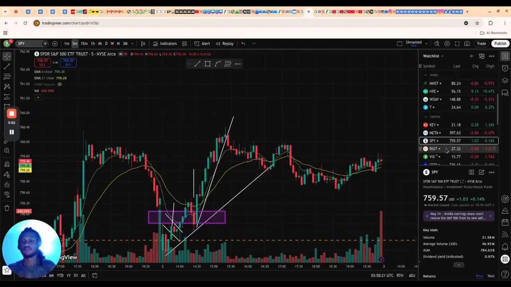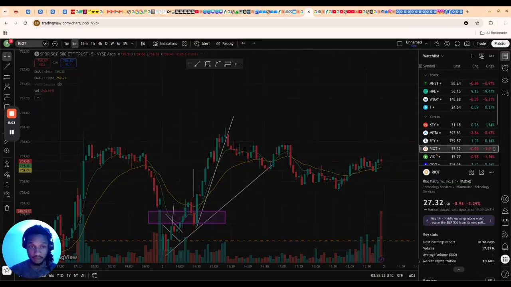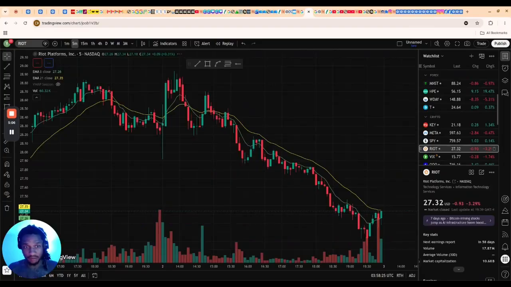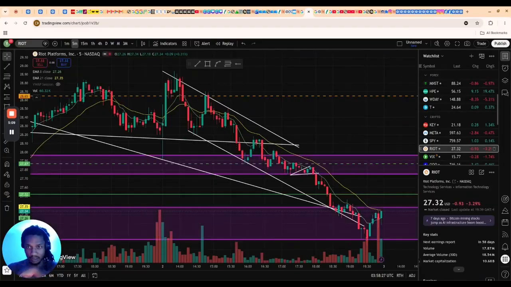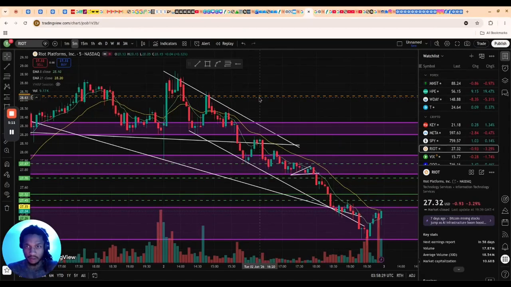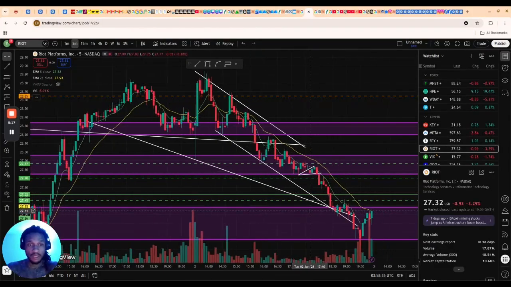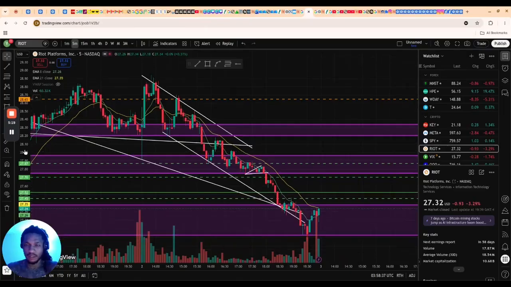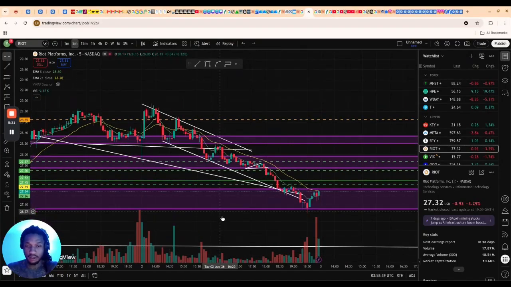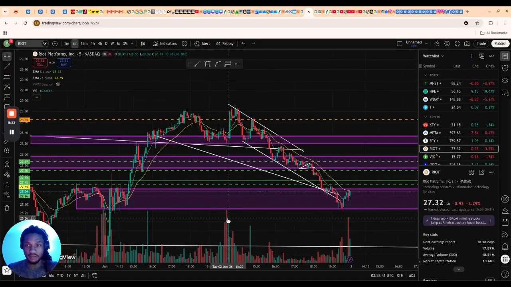Yeah, the first play is, well, the second play actually is RIOT. And as you can see, man, this thing went crazy off the open, but then it went even crazier down to the downside. So we're gonna see tomorrow if it gaps up or not. But if it goes past this level, then I'm definitely gonna have to sell,